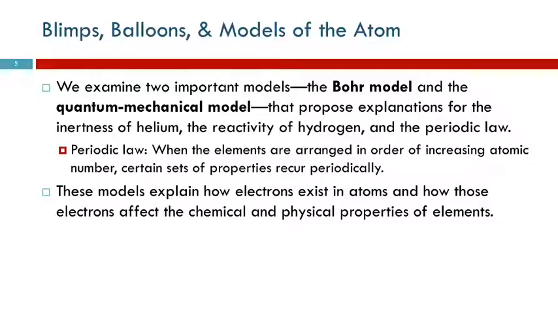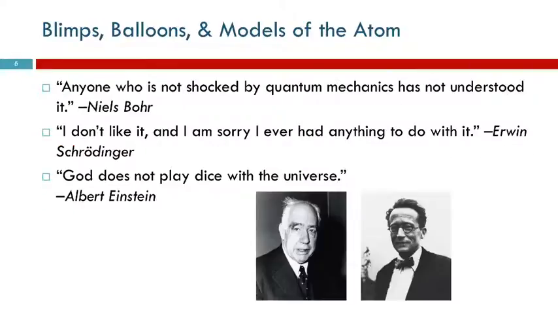So as you go across the periodic table and you get to column 8, you get to an inert element. And then you go to the next row and you come across and you get to that last column, it's an inert element. There are properties that recur. The models help us to understand what the electrons are doing and how that affects the reactivity and physical properties of these different elements.